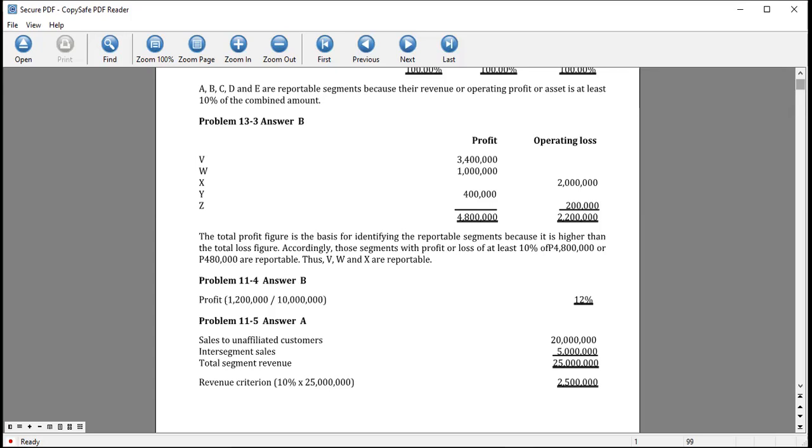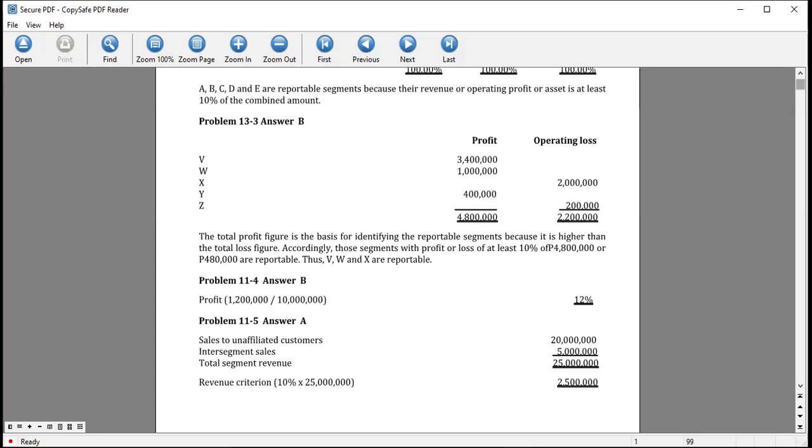Likewise, we have W, because of the 10% rule, and X here for 2 million. X for 2 million, even if it's a loss, as long as it exceeds 10% of the profit or loss. So here Y and Z cannot qualify because they have not reached